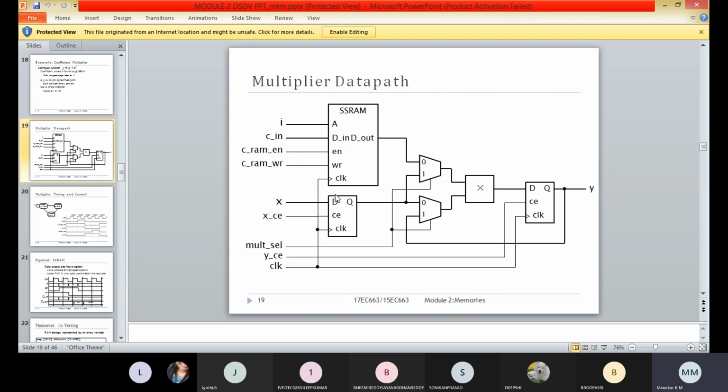Here the coefficient read from the SSRAM and the stored value x will first be multiplied by the multiplier, and then the data will be stored. Then the result Ci into x will be stored in this register.